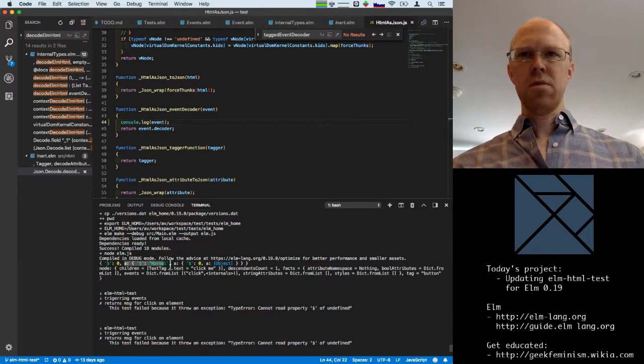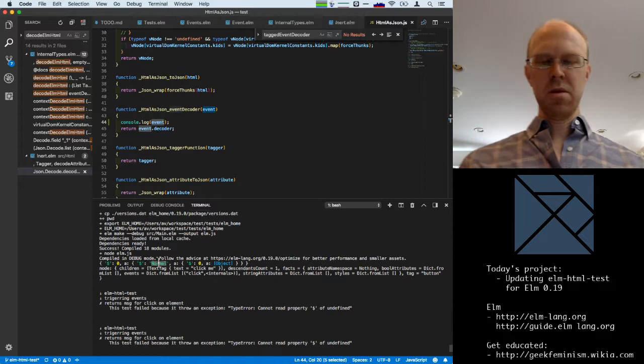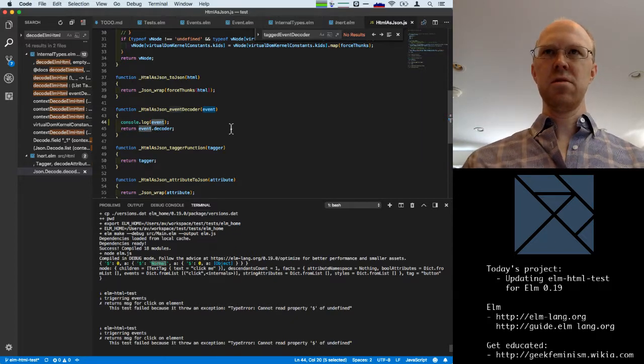Okay, however, we don't have any functions in this event object. So this field can't be the decoder field because it's not a function. Looks like there's maybe a new union type in virtual DOM that replaces stuff it used to do with functions.